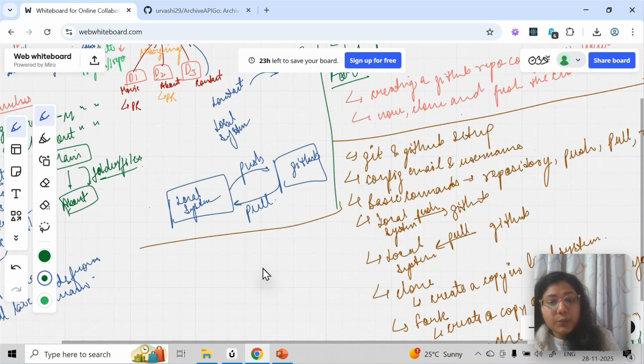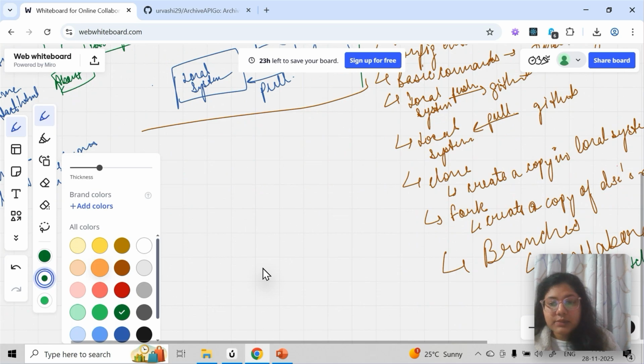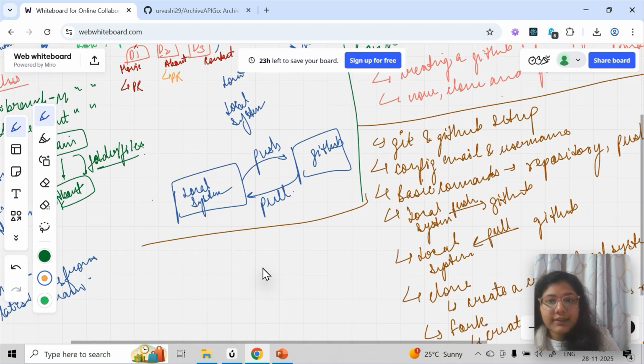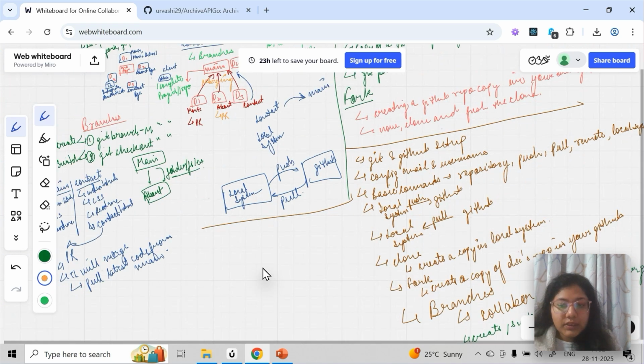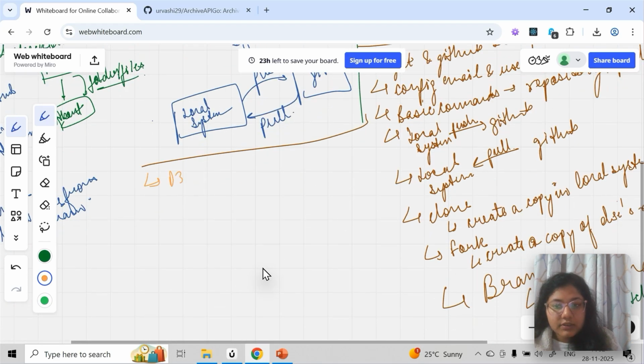Now, one thing I would just want to recall here. I'm just writing whatever steps we have seen over here. Firstly, what is happening? Developer 1 or developer 3. Firstly, the team lead will create a GitHub repo and a main branch. Then developer 3, who is working on contact, will clone. This person will clone that.